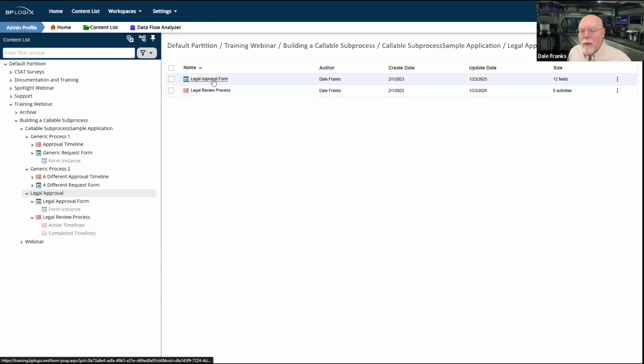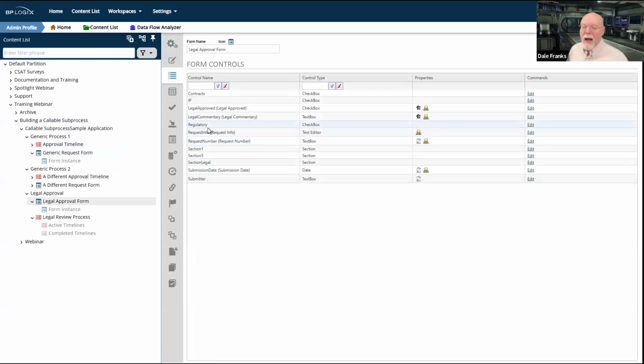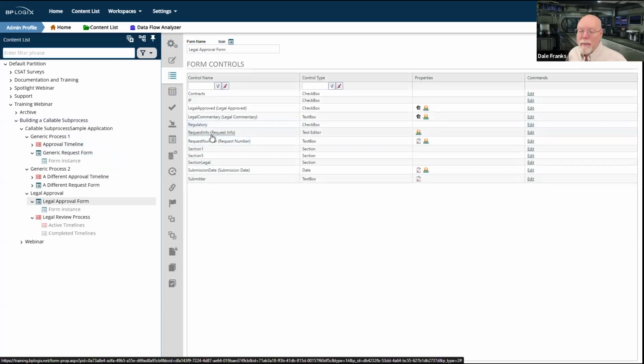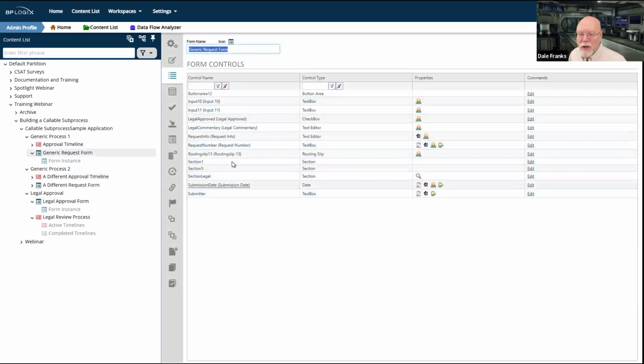So on the legal approval form and on all of my request forms, I need to ensure that I have the same fields for replication. So on the legal approval form, I have request info and request number and submission date and submitter. The names for those four fields have to be exactly the same as those same names on the generic request form.